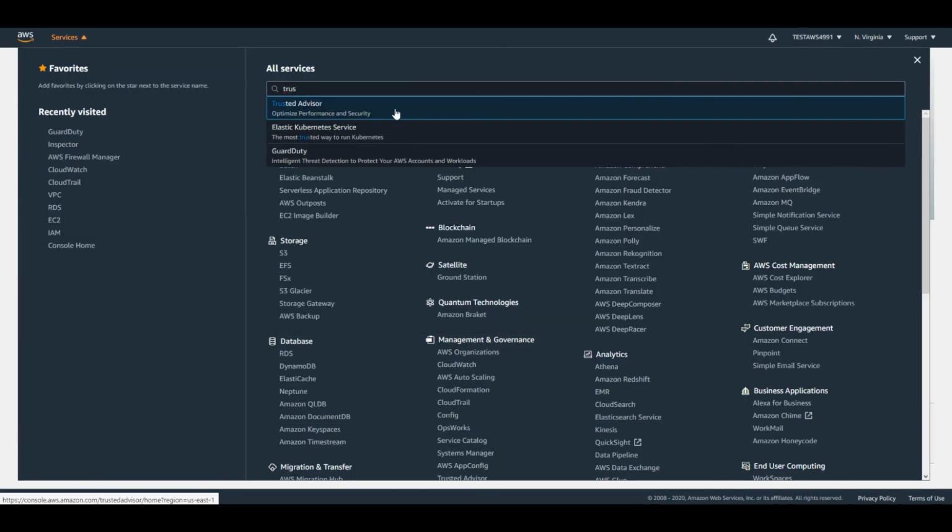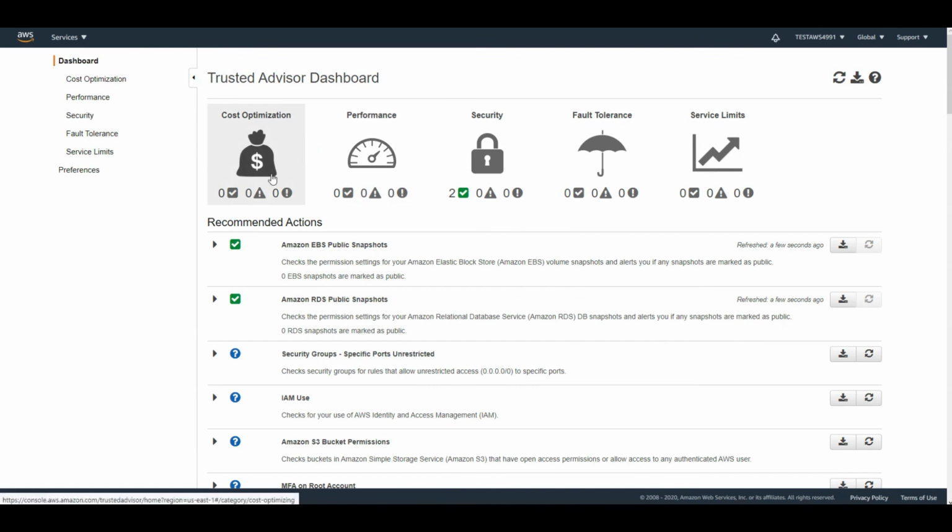We can enable Trusted Advisor features as well to get advice for specific resources on cost optimization, performance, security, fault tolerance, and service limits. Once AWS Trusted Advisor executes these checks, we have a list of recommendations, so we can attend to them accordingly.